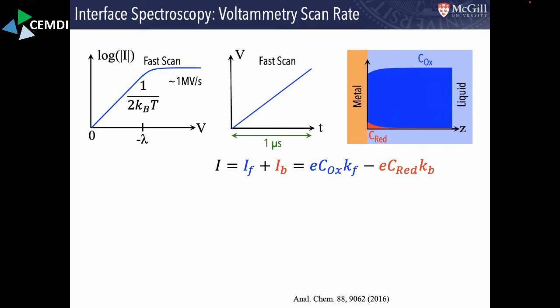And so as you transfer electrons to oxidized species, the concentration, they'll convert to reduced species, will deplete. This will go down and down. So this concentration will change as you sweep the bias. So if you do it very quickly, say in a microsecond, you can get this type of curve here, where you don't give enough time for this concentration to drop down. But if you scan more slowly,